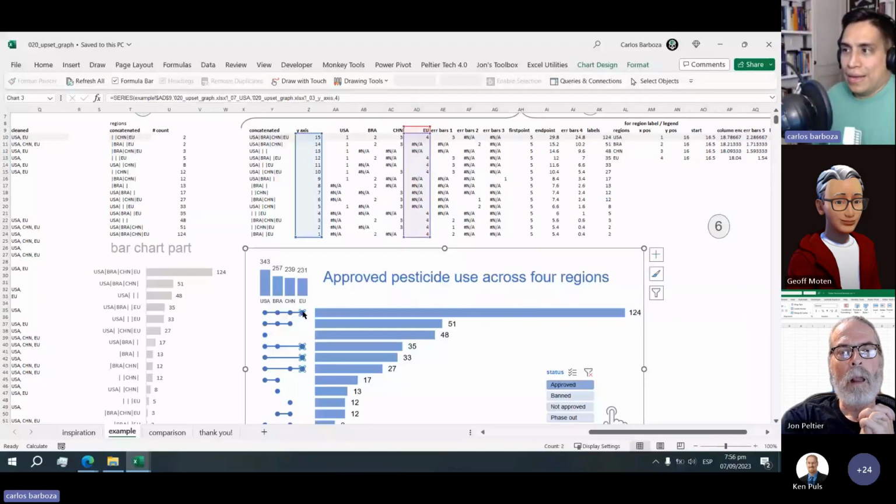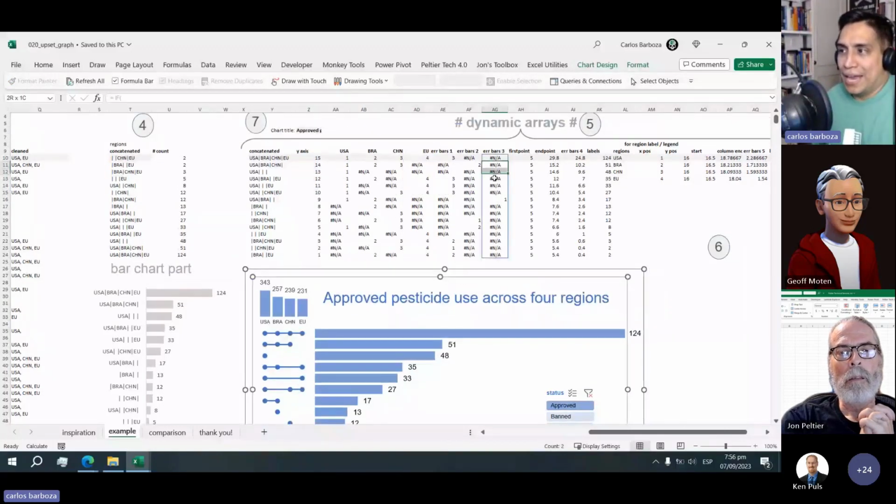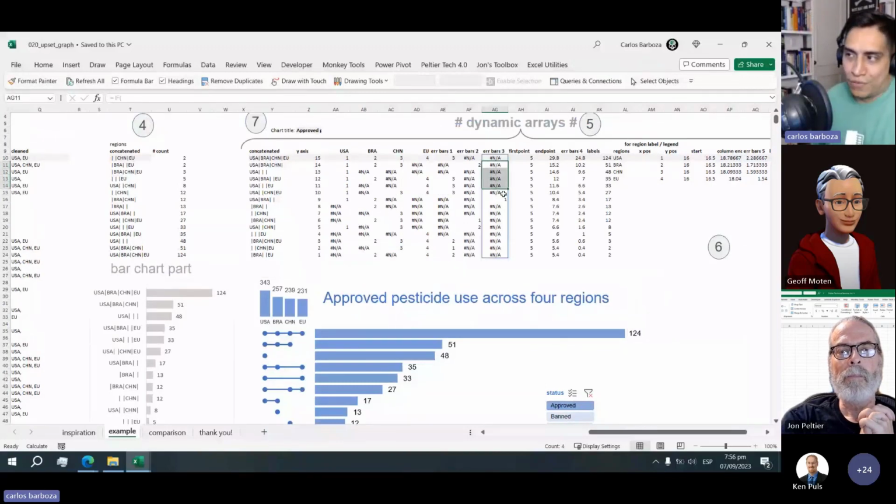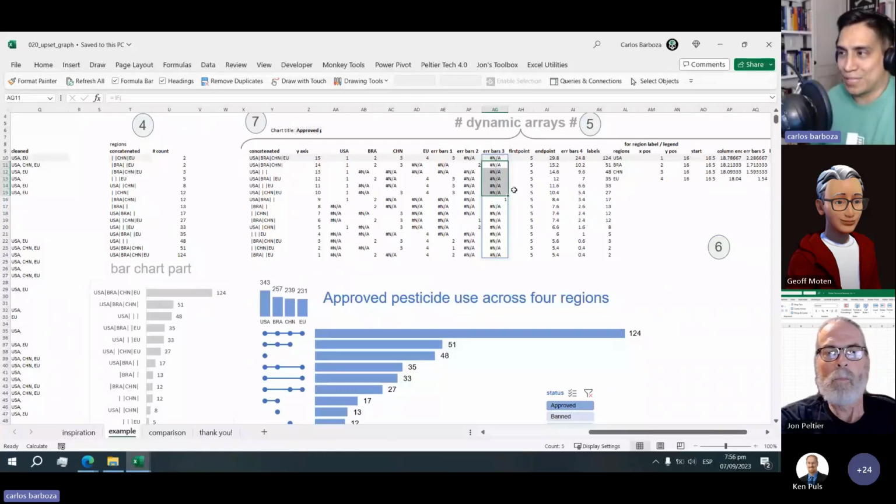So what I'm trying to say again is, be open to NAs when working with charts, because they're very useful. I know they don't have a nice aesthetic from the spreadsheet perspective. All right, so number 10,